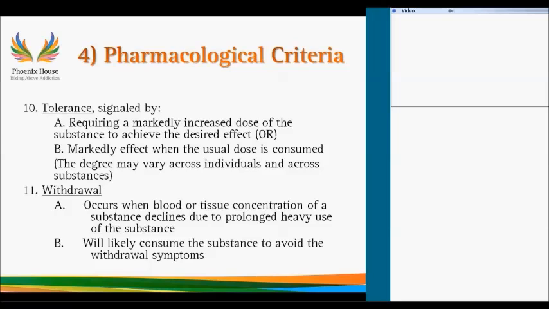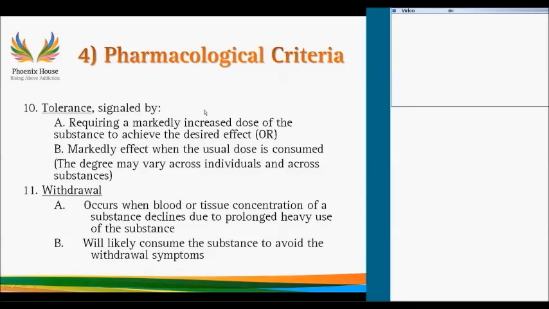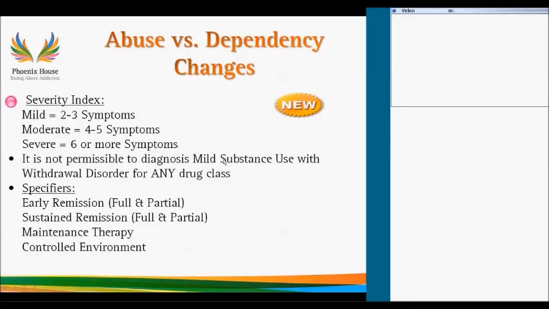And then in the last group, we have the pharmacological criteria. This is something that can be applied to each substance. It is no longer a requirement for who we think of as the dependent client. This is the section where we would diagnose tolerance and/or withdrawal. So that's the way everything is broken down. There are 11 symptoms, broken down into those 4 groups just to keep the diagnostic questions focused. Now, the big issue is, okay, you can't diagnose abuse, can't diagnose dependency, can't diagnose polyuse, polydependency.